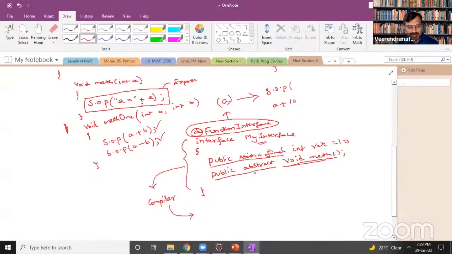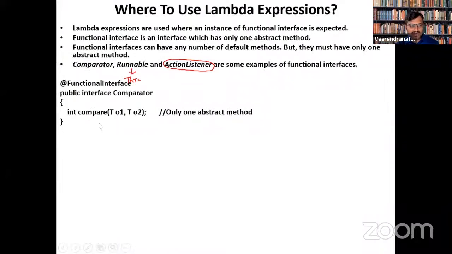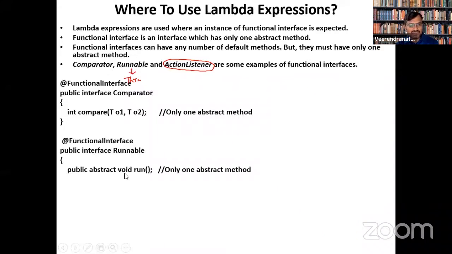Just now I told you that if you don't give anything, it will be abstract by default. That is why we can confidently say that it is an abstract method. The method that is available is the compare method. And then we go for Runnable, where we know we have a run method.